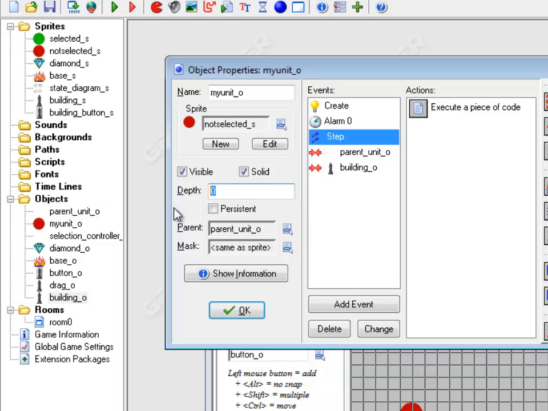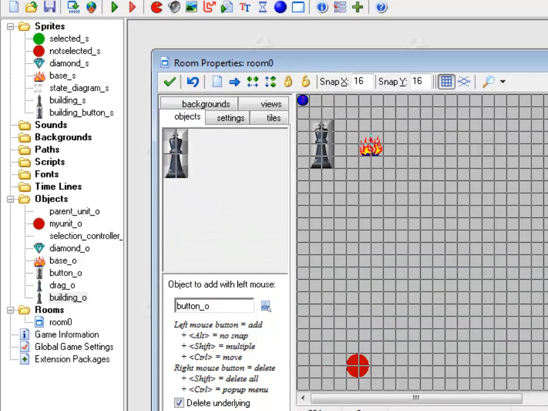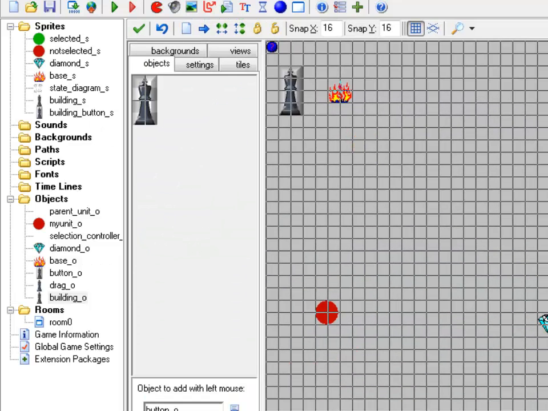The only other things are possibly how do you deal with AI. If you're going to deal with AI, I would just recommend for now just set up a timeline which creates units, and maybe at the very end of the timeline it has some sort of automatic spawner which automatically creates units. A winning condition is probably if you have some sort of enemy base on the other side of the screen, then end the game. One more thing, a lot of people are trying to do scrolling things, so let me